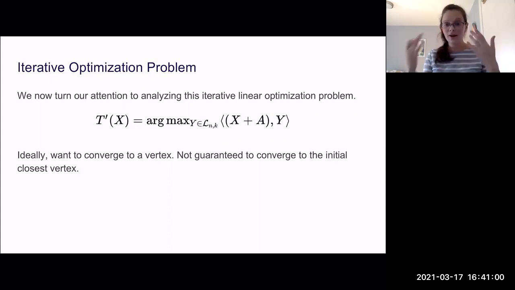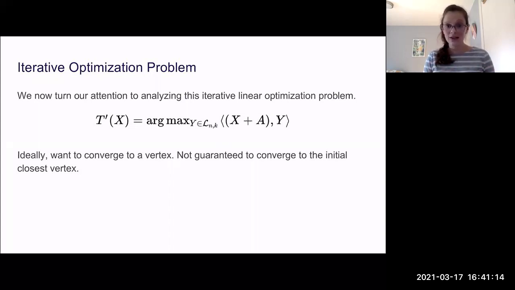So with this map, I run it repeatedly, and I've told you I want to end up at a clustering, which is the ideal case. That's what we want to understand about this map: where do we end up? Ideally, we want to converge to a vertex because that's a clustering. Even more ideally, I'd like to converge to the closest vertex, but that's not always the case. Because we have this convex relaxation, we're not always going to end up at the closest vertex, although we see that we oftentimes do. But we will end up at a clustering,